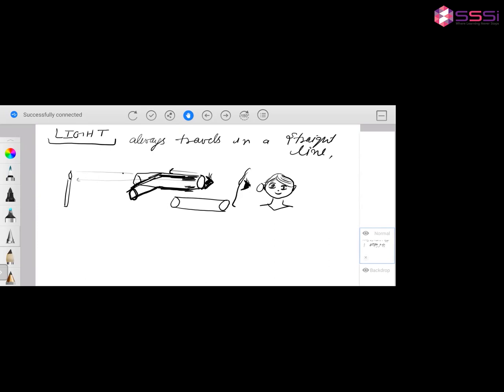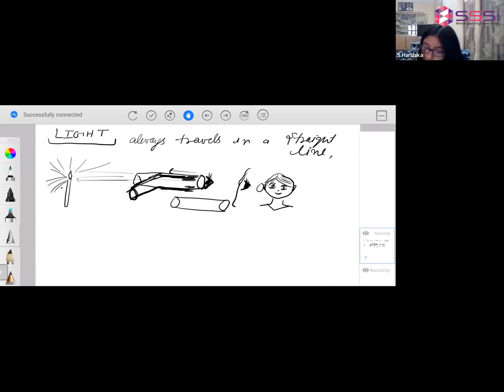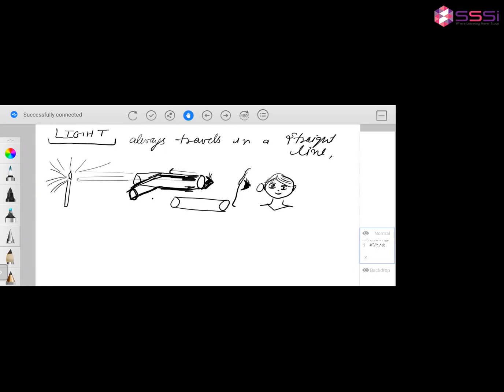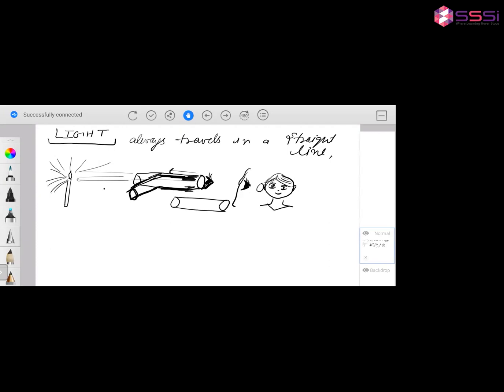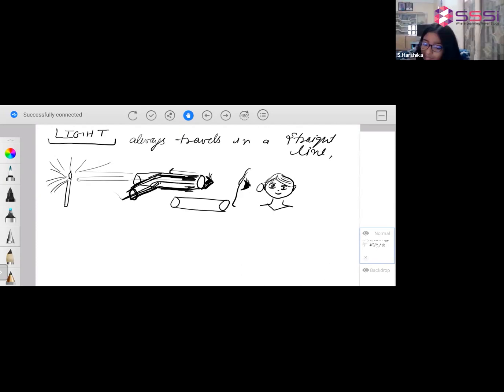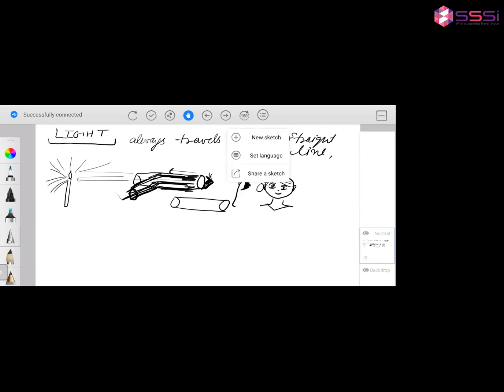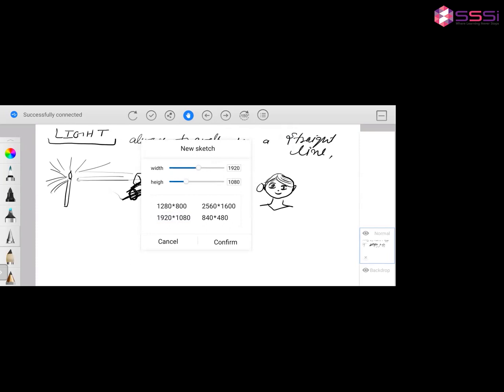Light is still traveling in a straight line, so I can't see it when the tube is bent. Yes, because the light cannot take a turn. It can't take a U-turn and come.